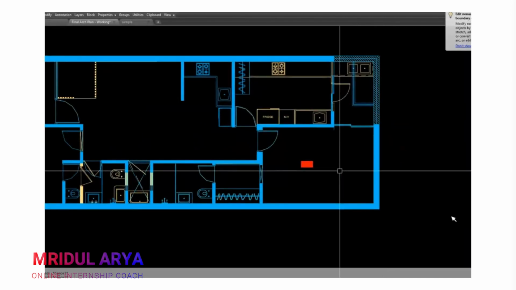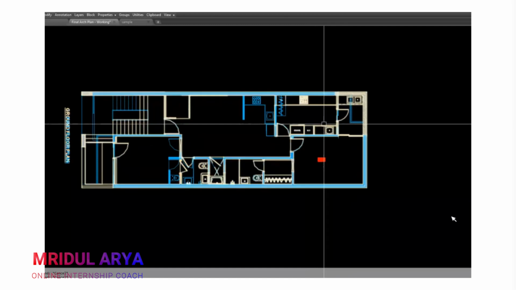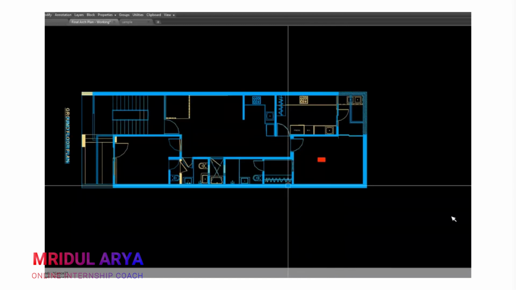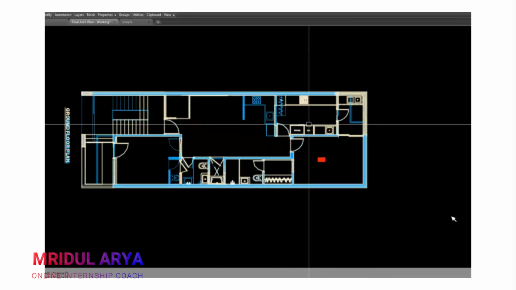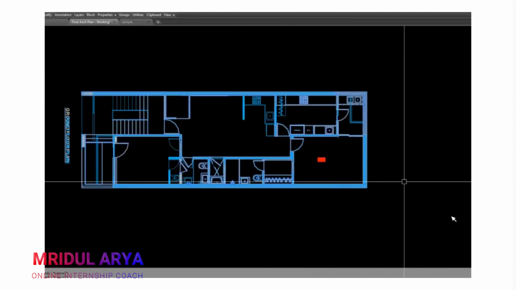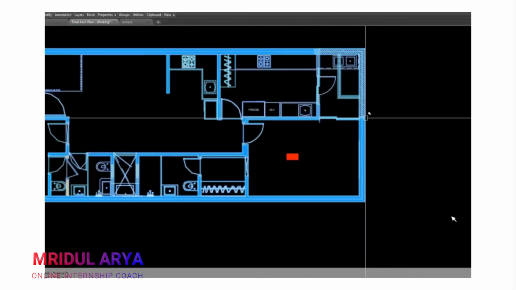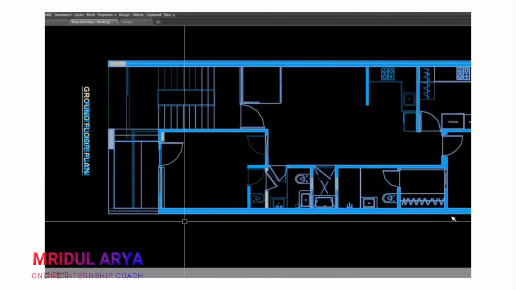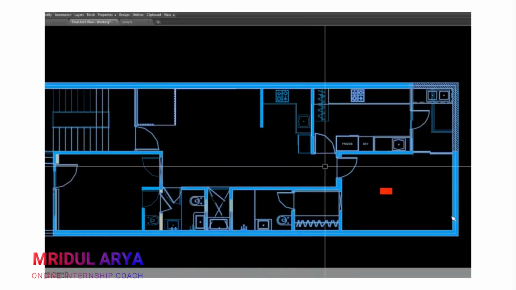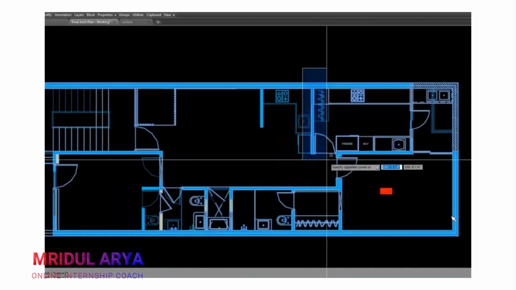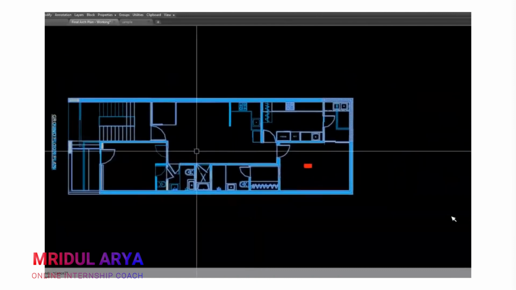Okay. So I will find out which are the common areas that we have. Okay. So you see blue color and I will just select the background area. Okay. Now I will find, okay, this is the common area we have, the outer wall, and that wall also is common. This wall is also common. Okay. Most of the walls are common.